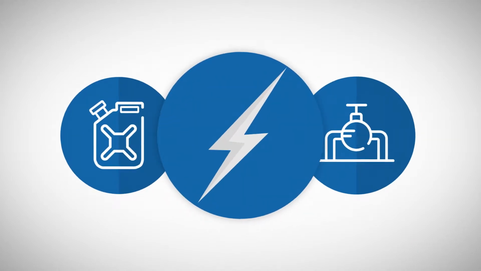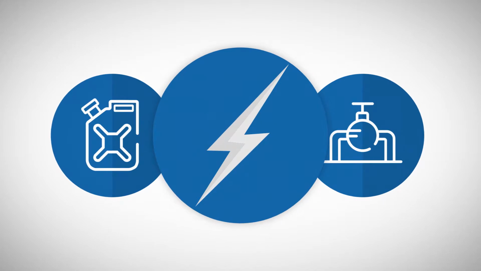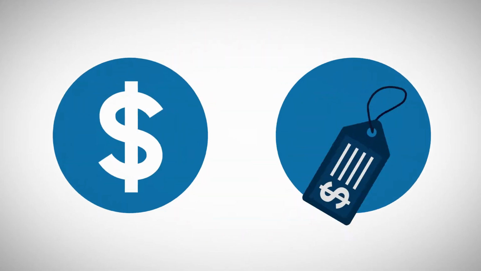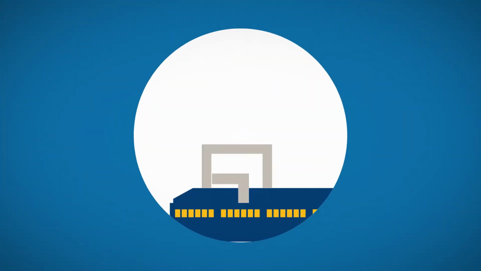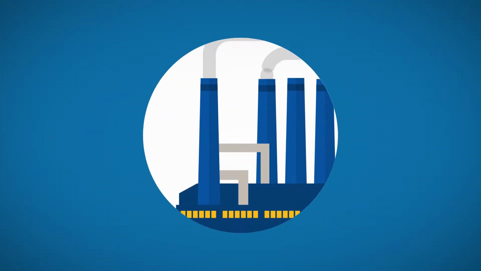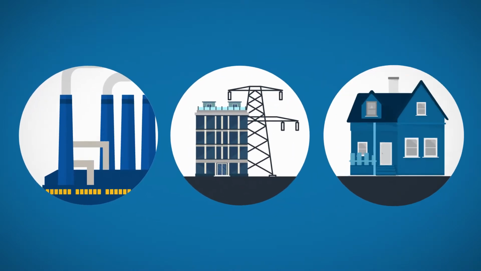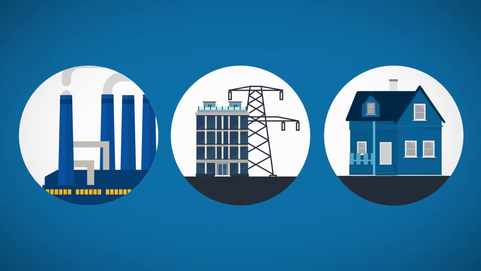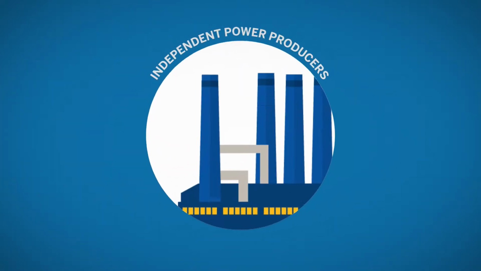Like other commodities with wholesale markets, the electricity wholesale market is where electricity is frequently bought and then resold before it ever reaches the end customer. Wholesale participants in this market may not always own resources that generate power, and they may not always directly serve the end users. Three major types of participants engaging in the resale markets include electricity utility companies, independent power producers,